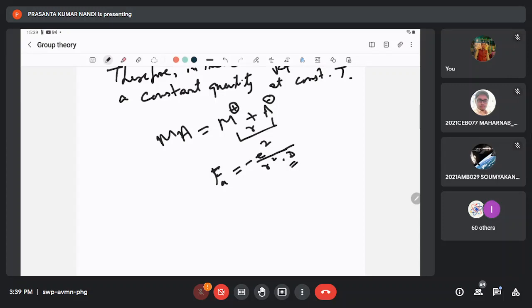From this it is clear how the dielectric constant affects the attractive interaction between two oppositely charged ions. If the dielectric constant is very large, as in aqueous medium where it is about 80, the force of attraction between M plus and A minus would be much smaller. But if D is very small, as in the case of toluene,